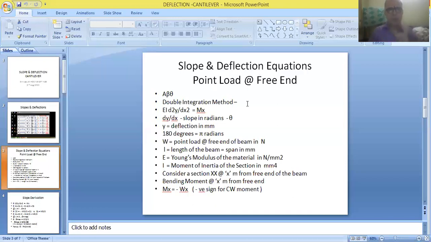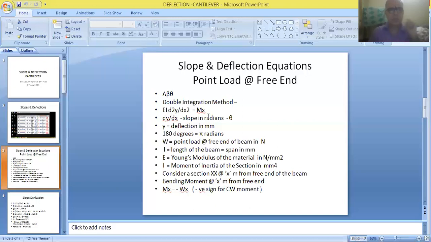That means we have to prepare slope and deflection equations for a point load acting at the free end of the cantilever. For that we have to use these two relations. We have one relation, EI d square y by dx square, which has to be written as